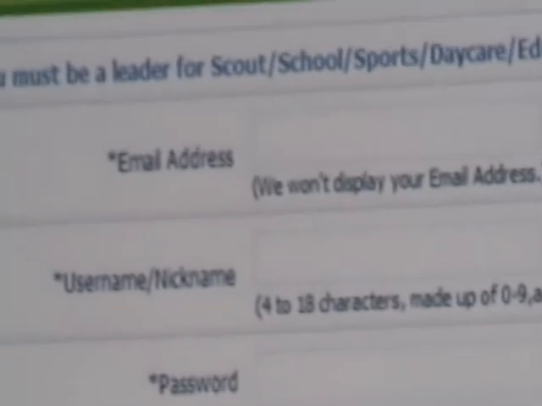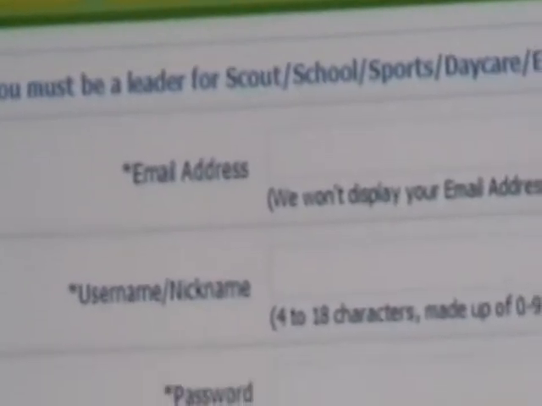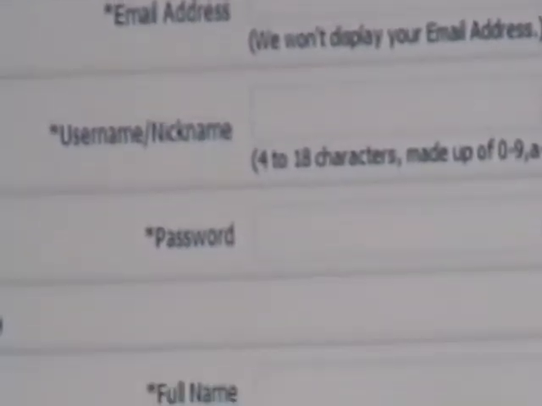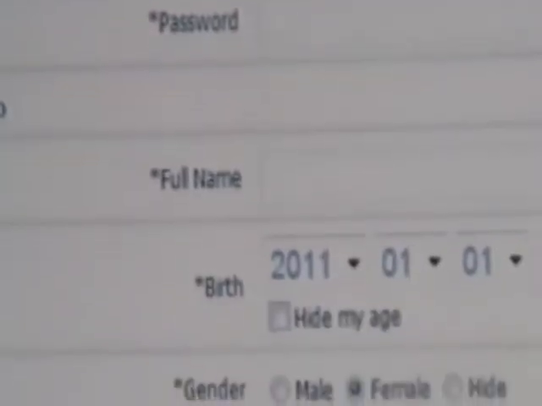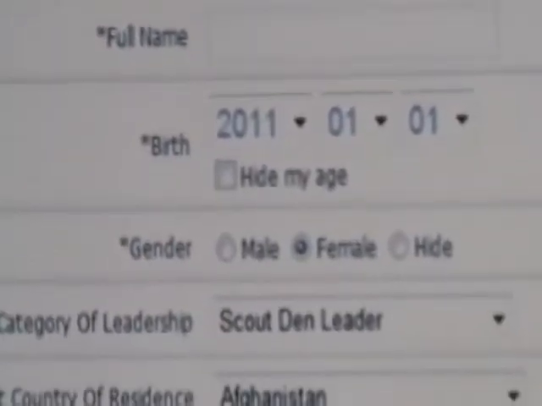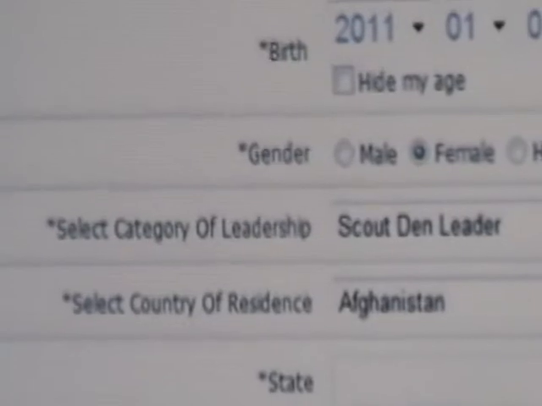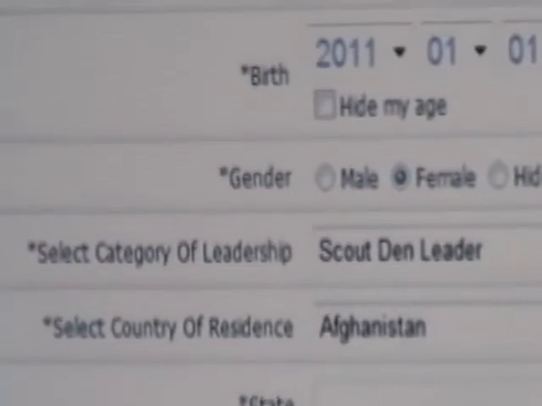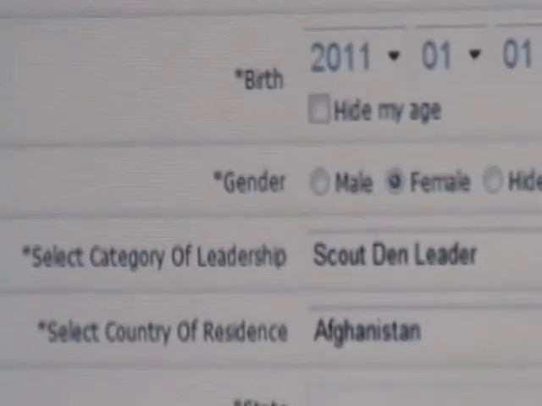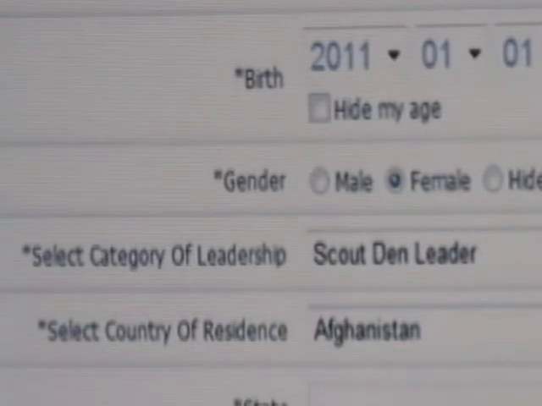Make sure you fill up all these: email address, username, password, full name, birth date, gender, and most important, you need to select the category of this leadership as a Scout Den leader.